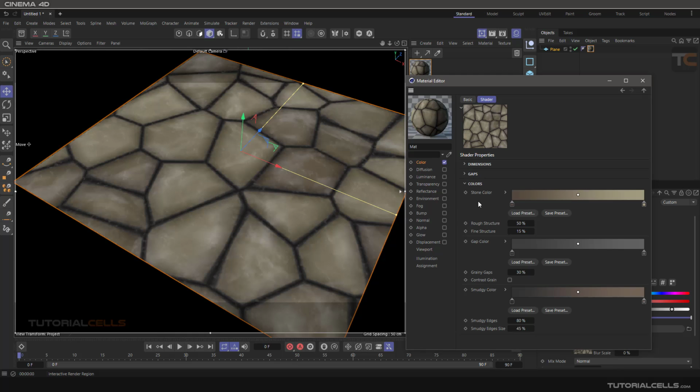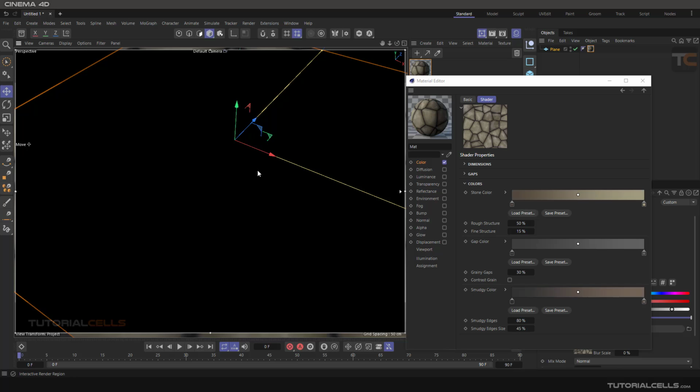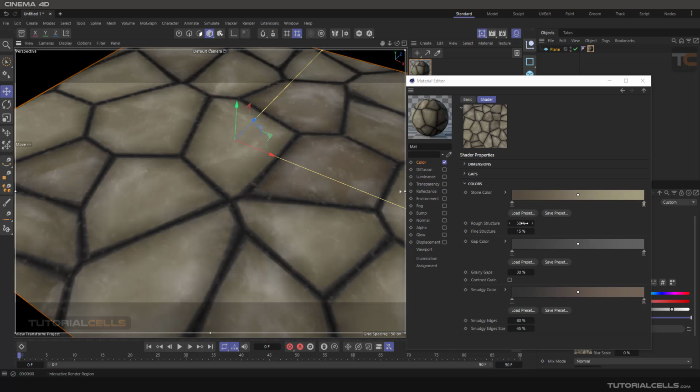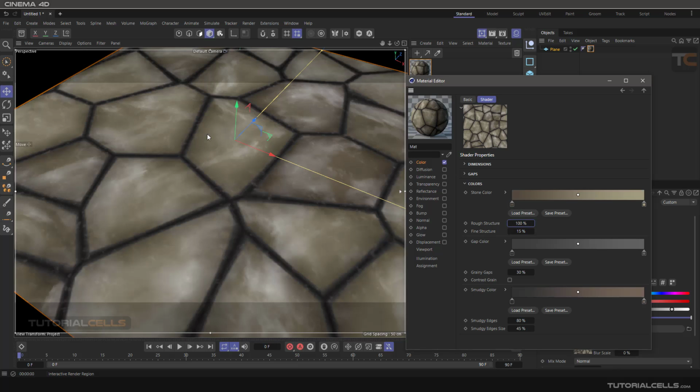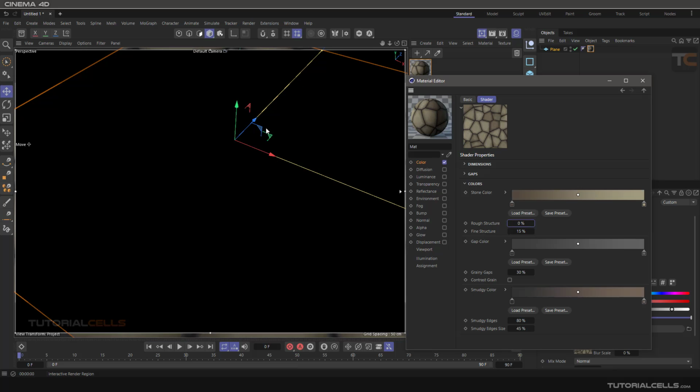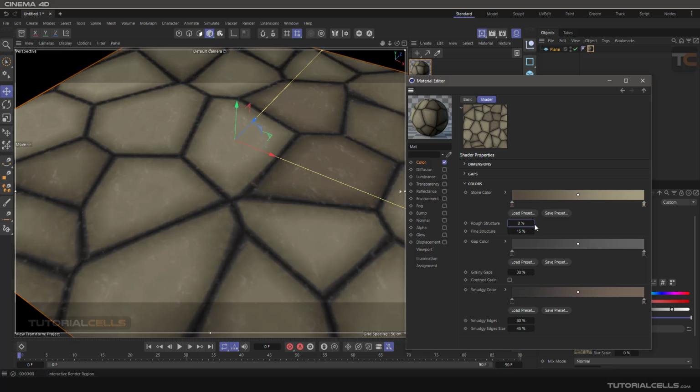And the colors, you can change the color of the stone to any color that you want. Rough structure. These are, for example, rough structure. You can see we have a roughness of that, more rough. You can see more rough texture or zero, some simple smooth of the color. The gradient, you can choose any color here. It's a gradient between the darker color to the lighter color. It's automatically